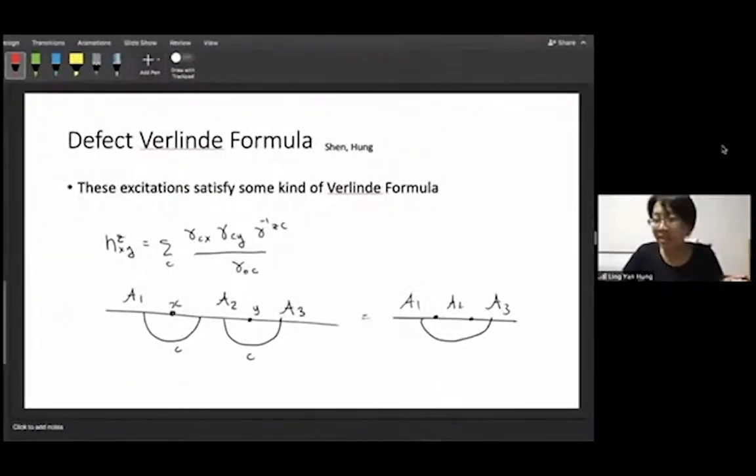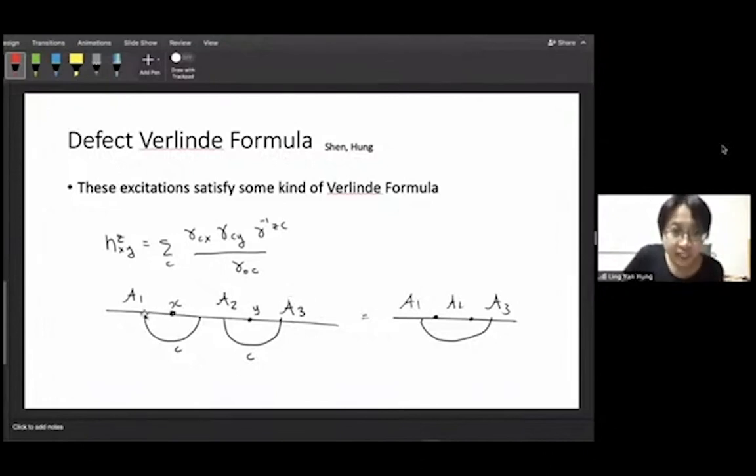So the first thing underlying the Verlinde formula is the fact that doing fusion and doing braiding is interchangeable. So if I consider an anyon from the condensate A1, so I have some confined anyon lying at the boundary that I call X, between condensate A1 and A2, at the junction, and then I have another anyon at the junction between A2 and A3, and